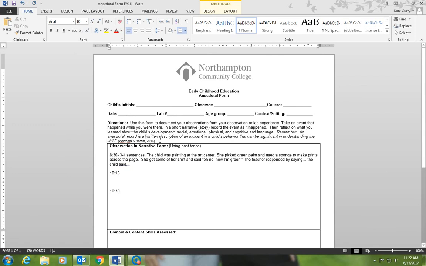The next form that we might also be using is the anecdotal record. This is a written description of an incident. So in this case, we're going to capture several incidents on one form. As a teacher, you might have a file or note cards that you capture these on each day, but I'll ask you to capture at least 3 different times within your lab experience